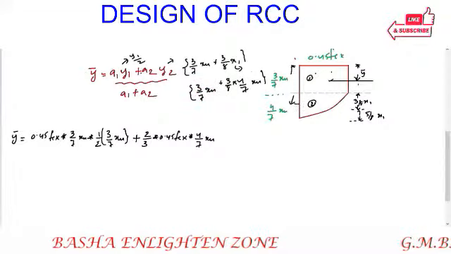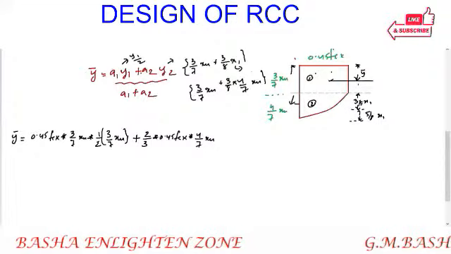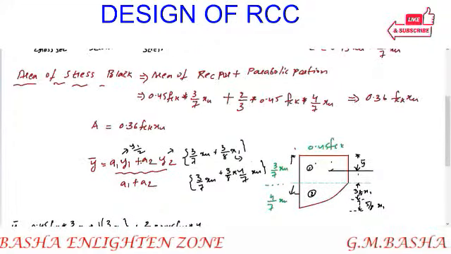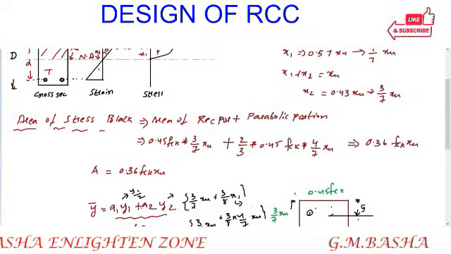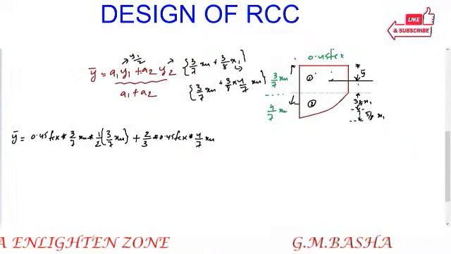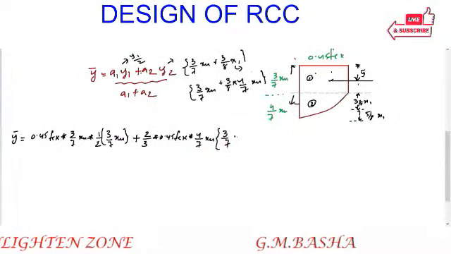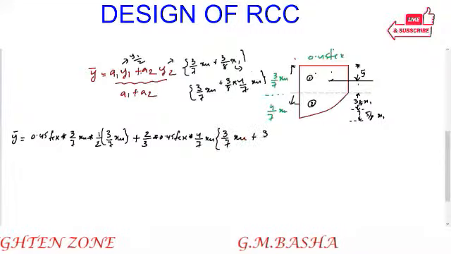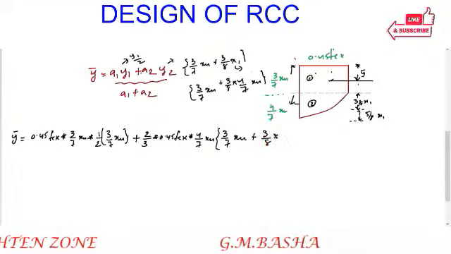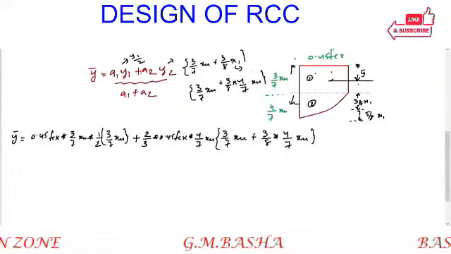Again, x1 will be 4 by 7. Like that you have to simplify it, otherwise it will be confusing. Okay, so totally I am writing this value here: it will be equal to 3 by 7 xu plus 3 by 8 into again 4 by 7 times xu, then divided by